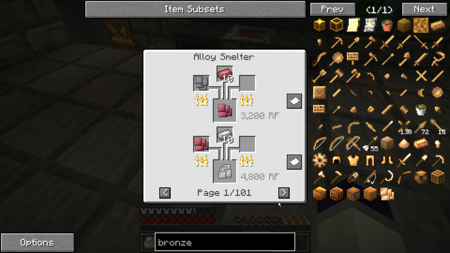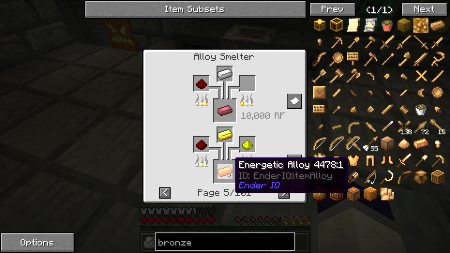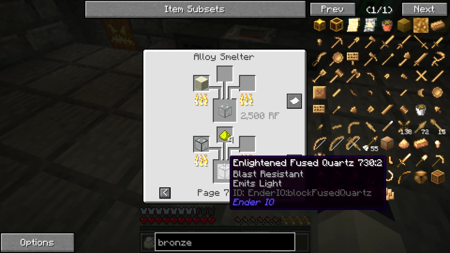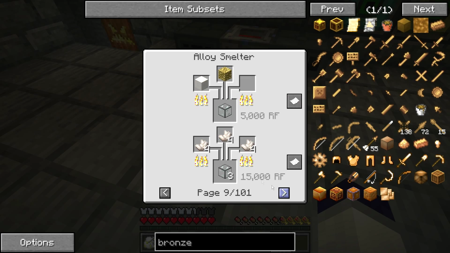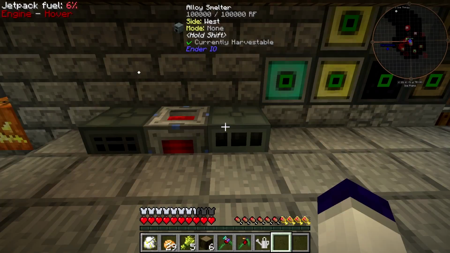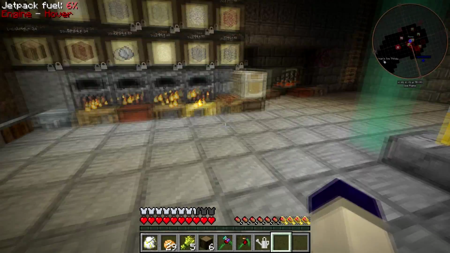Okay, oh, there's 101 recipes. Wow, that's a ton. So there's all sorts of alloys you can make: pulsating iron, electrical steel, energetic alloy, conductive iron. So there's just a ton. Light infused, quite clear glass. Cool, very cool. Lots of stuff that we can make using our alloy smeltery. But you can also just cook up, you know,